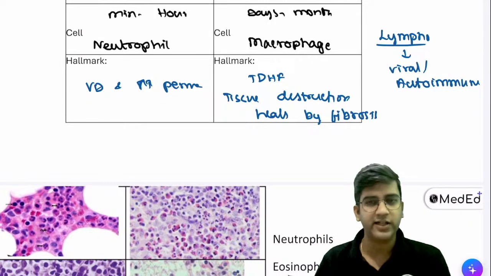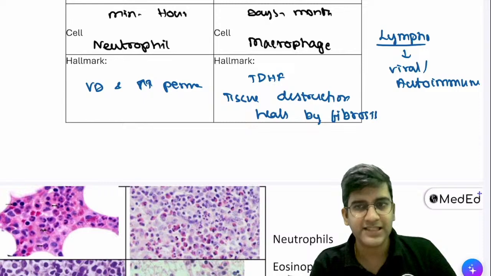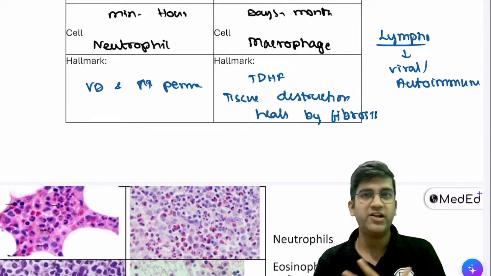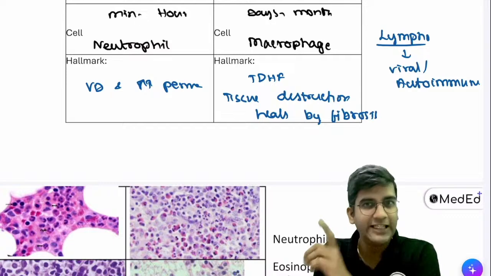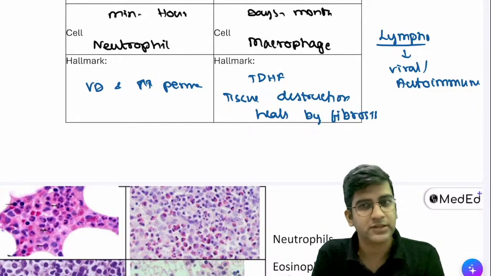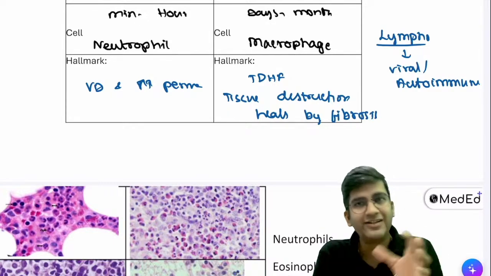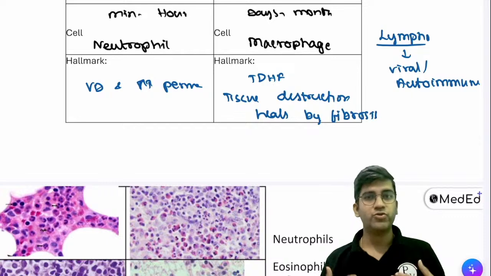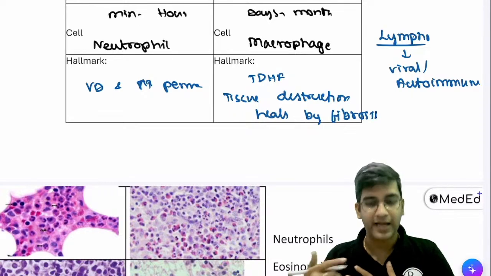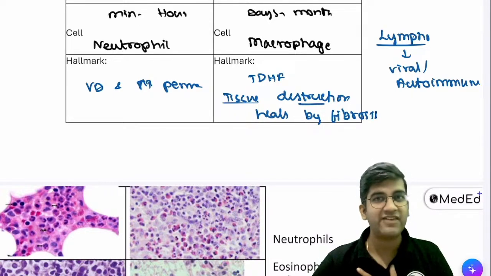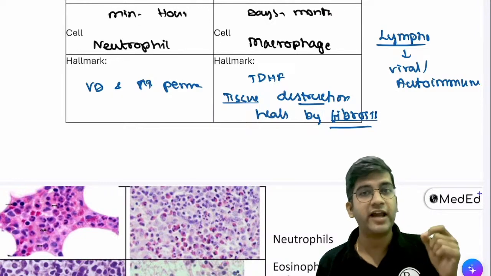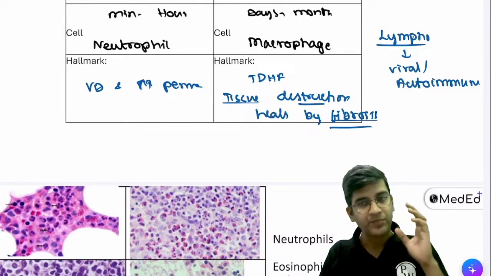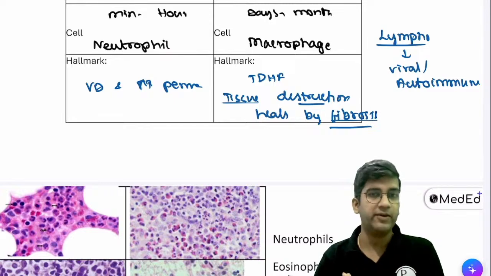Yes, undoubtedly, right? So if you had remembered this chest X-ray finding of tuberculosis, have you heard about something called a fibrocavity lesion? Yes, you must have, right? So fibrocavity lesion is nothing but tuberculosis. Which means in the lung, I'm going to have tissue destruction. That's the cavity. Heals by fibrosis. That's fibrocavity. This is true for every chronic inflammation throughout the body. It will be tissue destruction and healing by fibrosis.